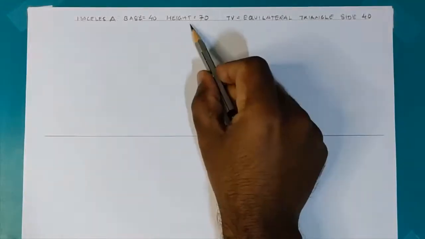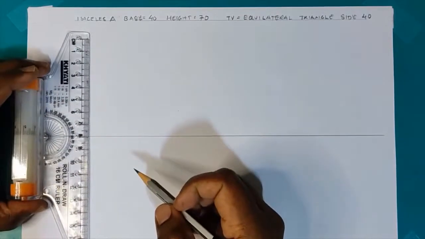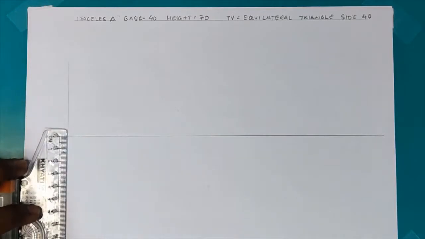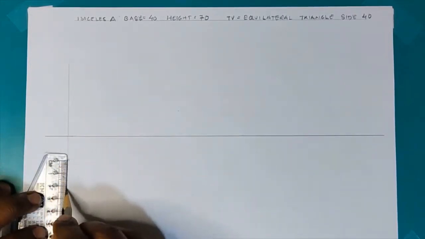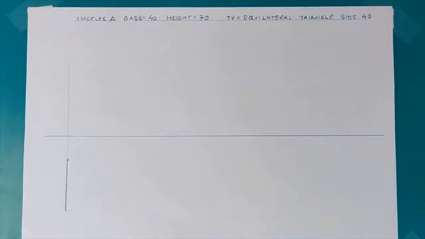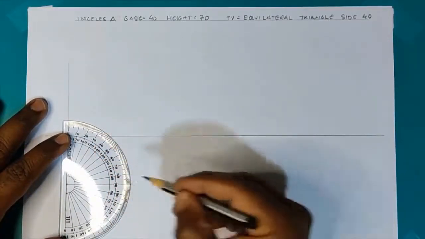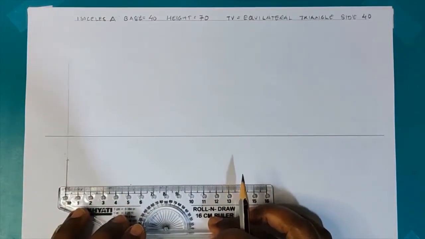So we have written the data, and to the XY line I draw a vertical, or a perpendicular. On this, at a suitable distance, I need not measure it, I take a point as a starting point, and then I take a distance of 40 mm, which was given. The distance in front of XY is not given, I have assumed it. Now at the center of the 40 mm, that is at 20 mm, I construct a perpendicular.